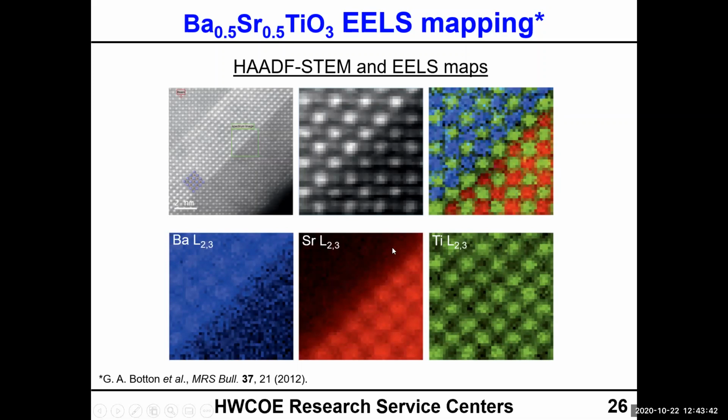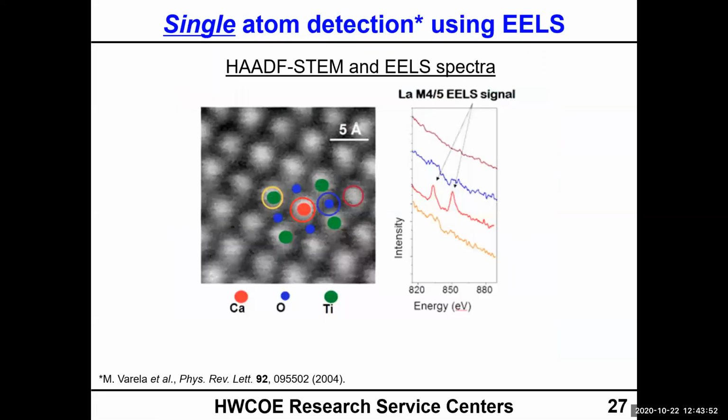Again, that's the projection of the structure. The L23, those refer to core loss edges in the EELS, which we don't need to get into in more detail. Those are very much analogous to when you see peaks in the EDS. How sensitive can we be with EELS? We can, again, detect single atoms using EELS. So this was some really interesting work out of the STEM group at Oak Ridge National Labs, where they were actually able to analytically prove, by looking at the EELS spectra, that in this column of atoms right here